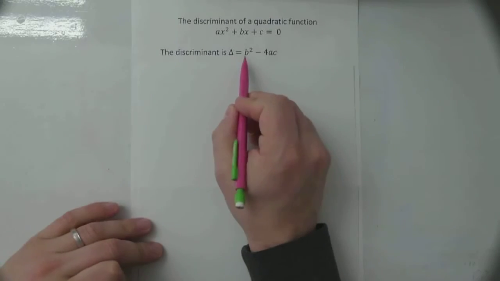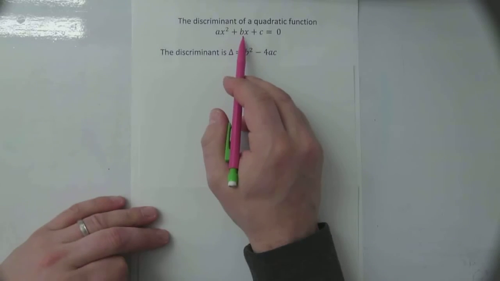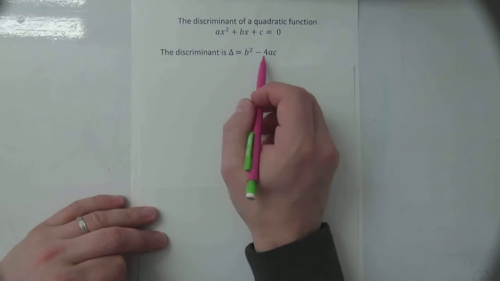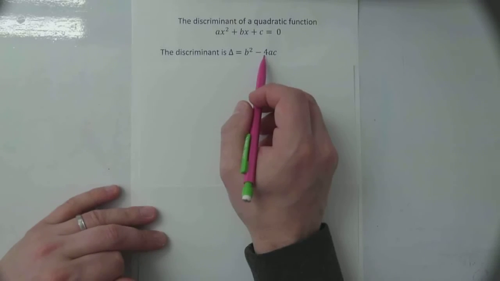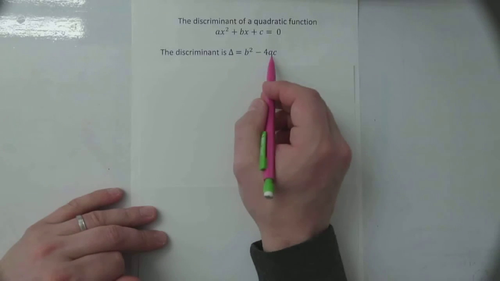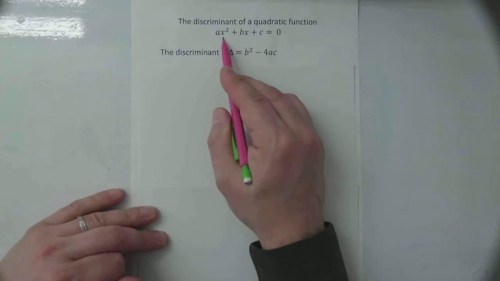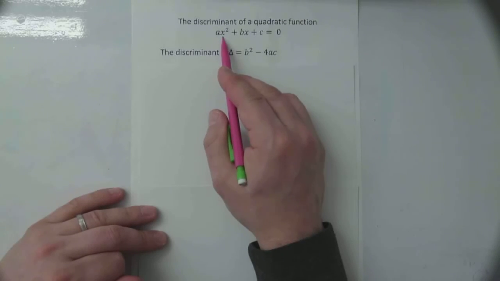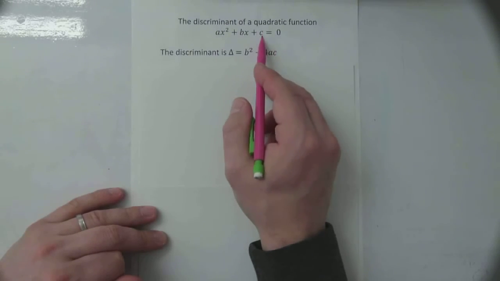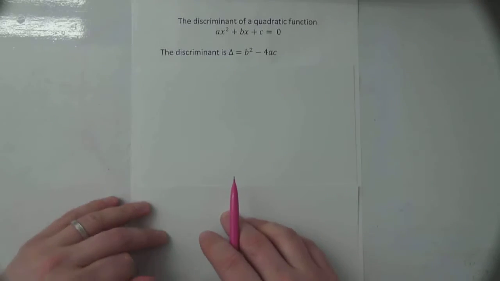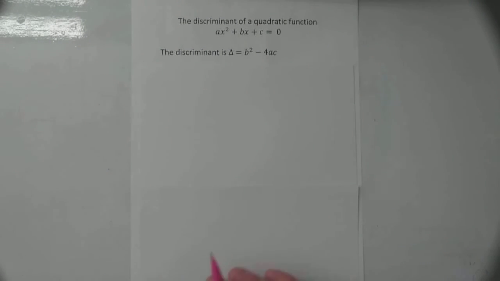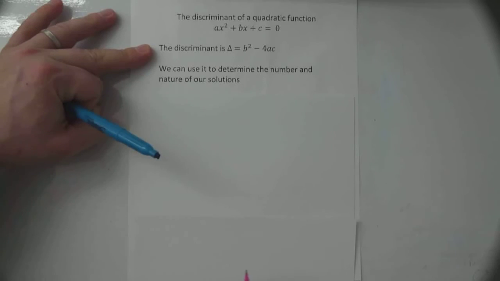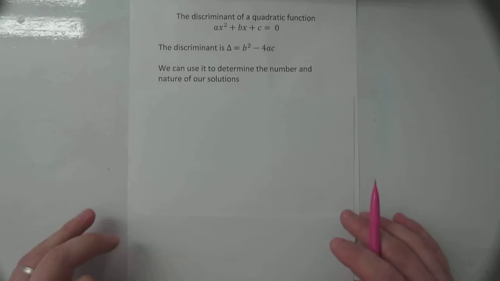The b comes from the coefficient of the linear term in the quadratic function. 4 is a constant that will always be in this expression. A is the coefficient of the squared term in the quadratic equation, and c is the constant term in the quadratic equation. What the discriminant will tell us, we can use it to determine the number and nature of our